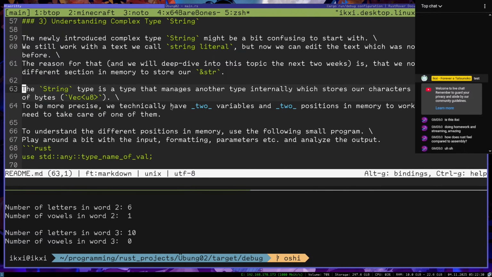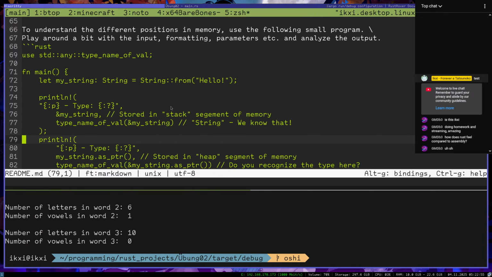Okay, the String type is a type that manages another type internally, which stores our characters in a collection of bytes. To be more precise, we technically have two variables and two positions in memory to work with, but only need to take care of one of them. To understand the different positions in memory, use the following small program.